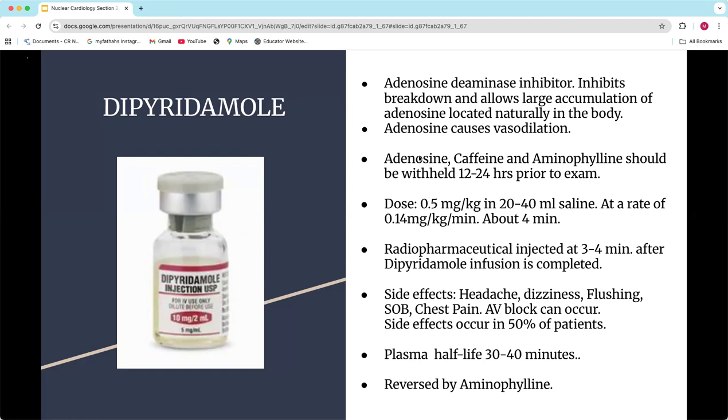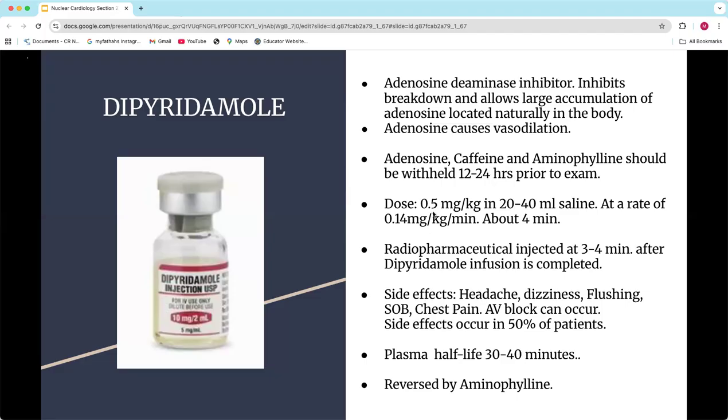So obviously, we don't want adenosine already on board for this one as well. Caffeine needs to be withheld. Another one that I could put on the other one as well is aminophylline. Some patients are on aminophylline. Aminophylline is another drug that binds to the A2A receptors and is very similar to caffeine in that it will create the relaxation and kind of push everything out. So any of that needs to obviously be withheld, anything that affects those A2A receptors.